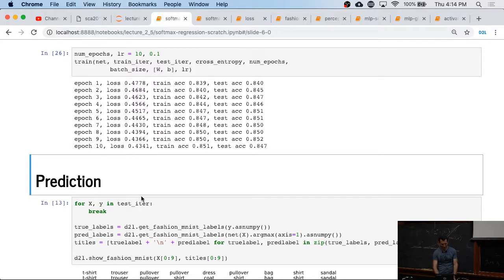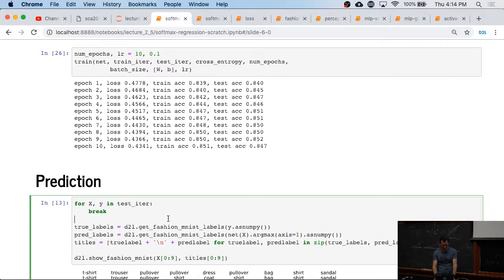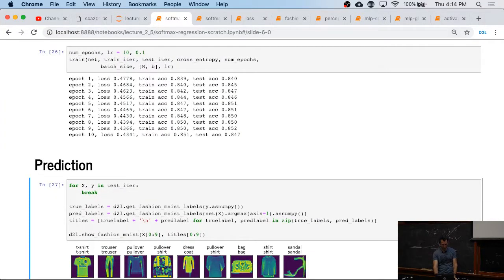So let's see how well that works in practice afterwards. Let's actually go and display this. If you look at the very bottom, you can see that it mostly gets things right. It confuses sweaters and shirts and dresses and coats. But at least for the really obvious ones like bags or sandals, it gets it right. So this is Softmax regression completely from scratch. All you need is just a linear algebra library and automatic differentiation, and that's it. Now,